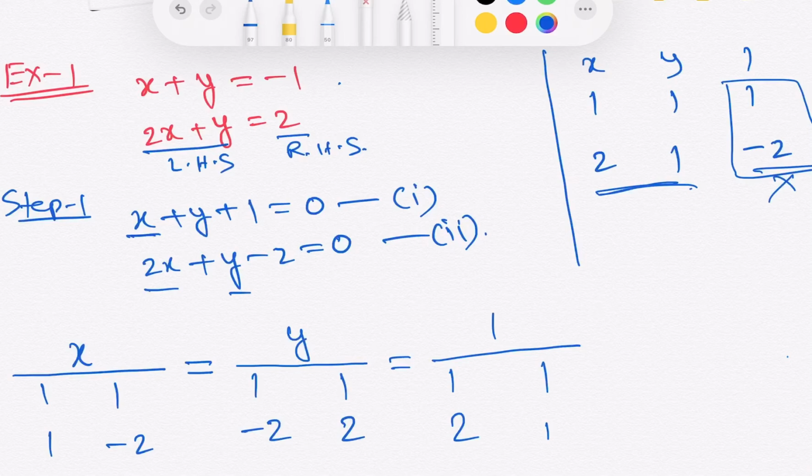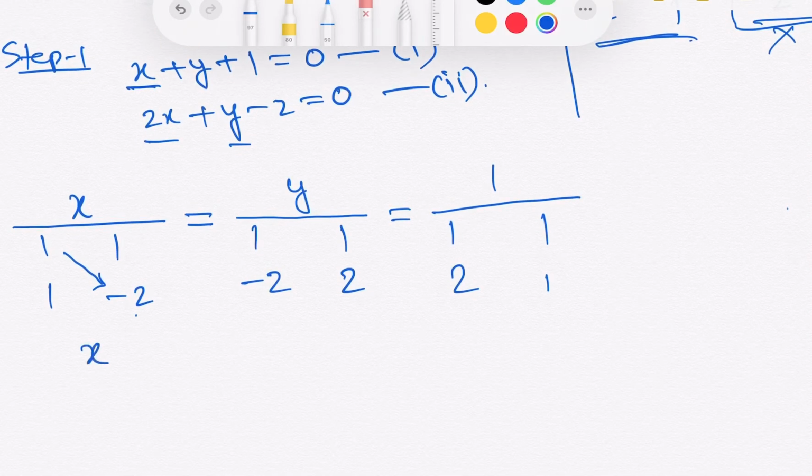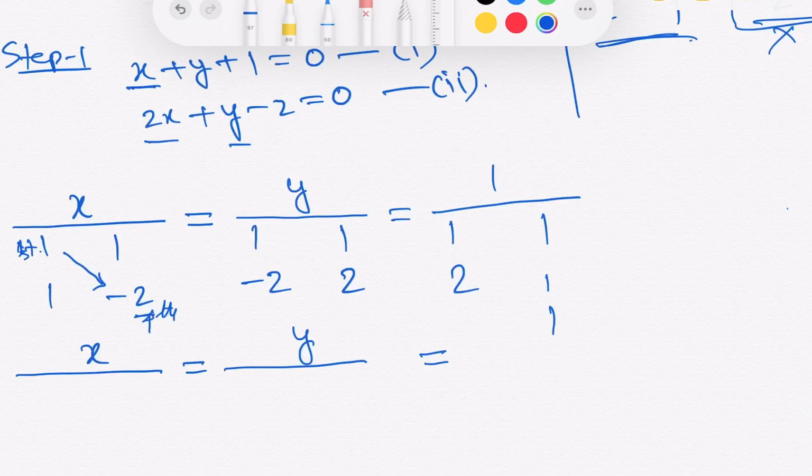After that, next, we draw a simple arrow here, from the first corner to the fourth corner in the denominator portion. So for x, you write x divided by the denominator portion, from the first corner to the fourth corner. This is the first corner, this is the fourth corner. First you write this here, the downward arrow. So equals to, write y here, similarly you write, and then you write for the constant part this here.